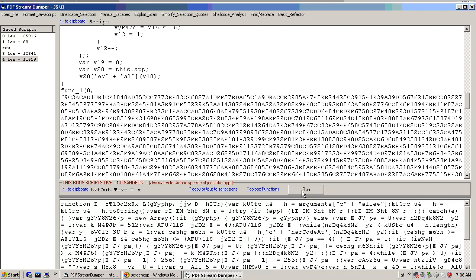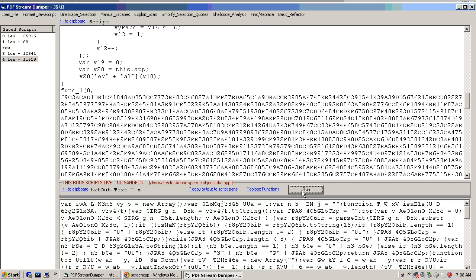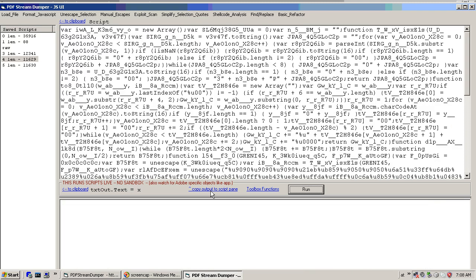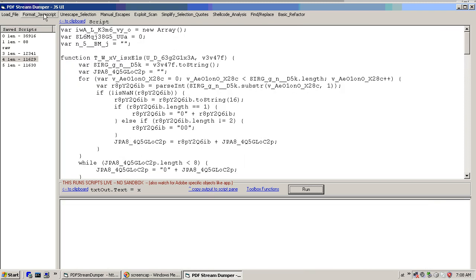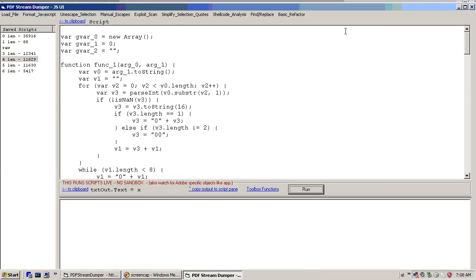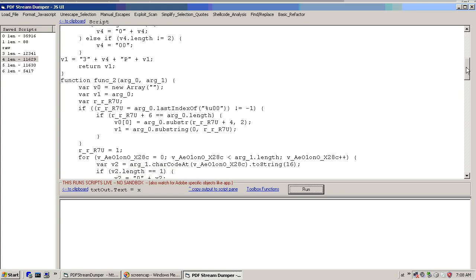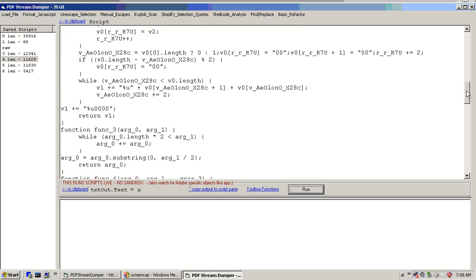So now we'll try it again. And there we go. Now we have our second level decoded script. So I'll save another copy of that. I'll copy this up. I will format that. I will refactor. So now we're readable. We'll go through and